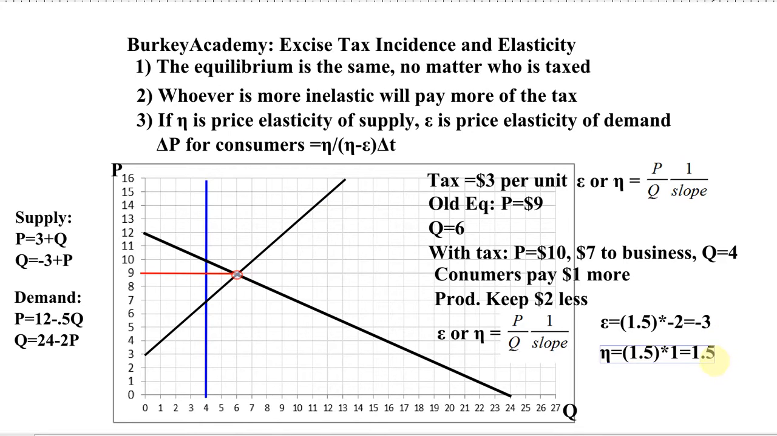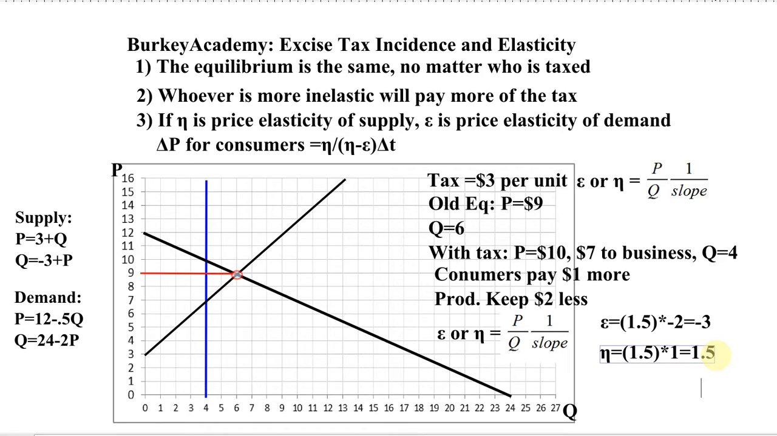So who is more elastic here? And what we're talking about is how large is the absolute value? How responsive are consumers compared to how responsive to price are producers? And what we see here is that the consumers are twice as elastic because the absolute value here, minus 3, is twice as large in magnitude as the